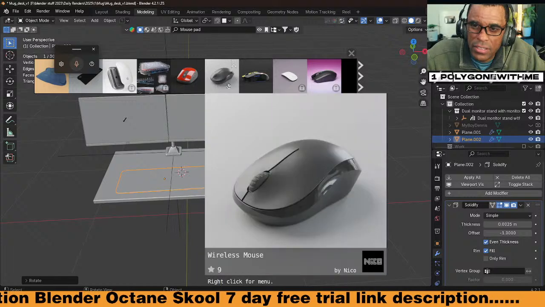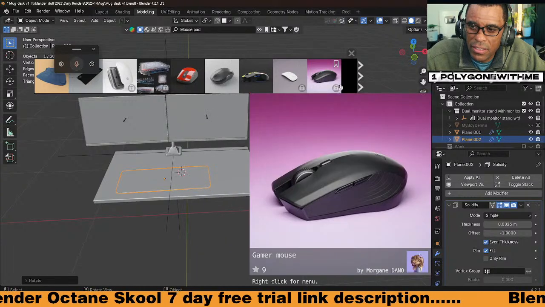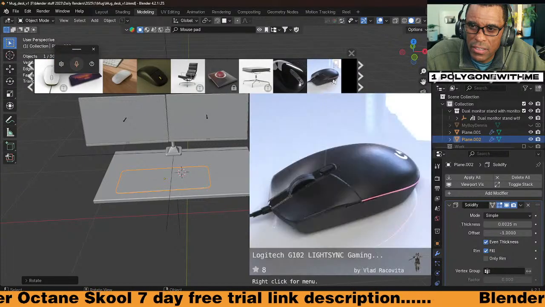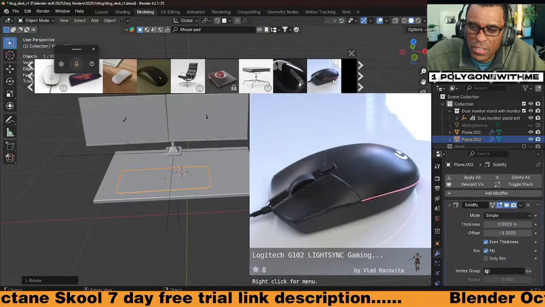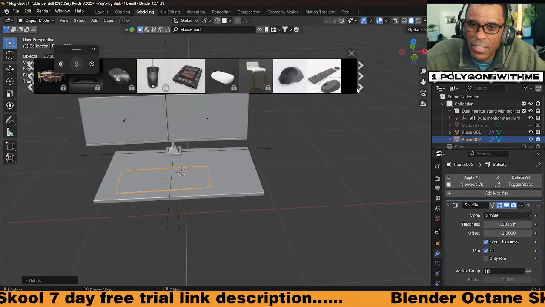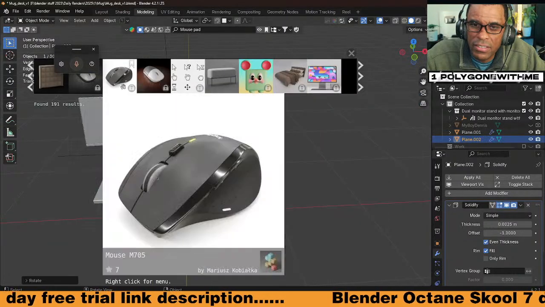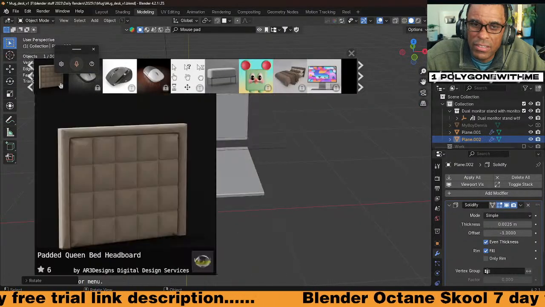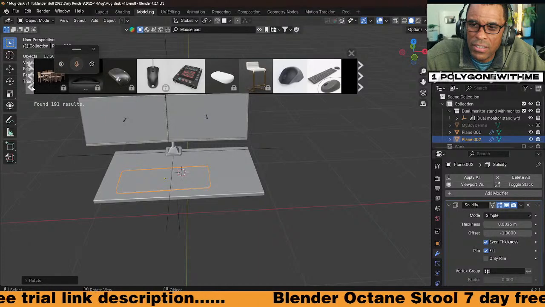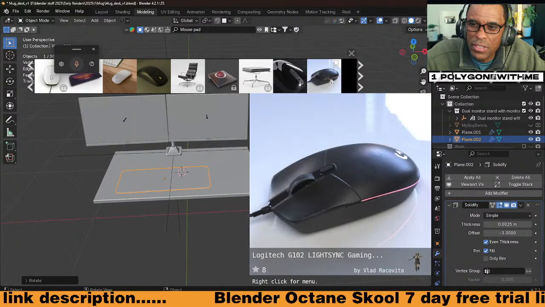Now I got my Logitech G90 mouse. Oh, there's a Logitech G100. I think I might use that one. Yeah, let's just use that one. Was that one free? Where was that Logitech? There it is.